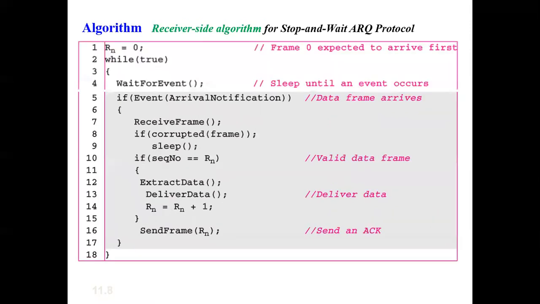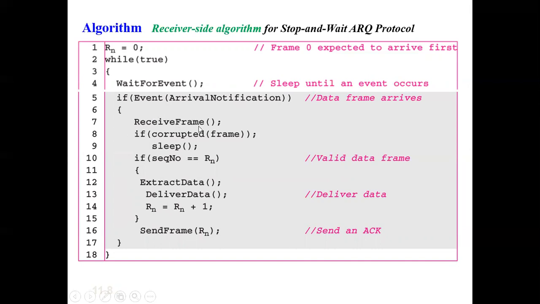Now we'll see the algorithm for the receiver side. On the receiver side, there's only one event, that is the arrival of a frame. So we'll see what happens on this event. So once the frame arrives,